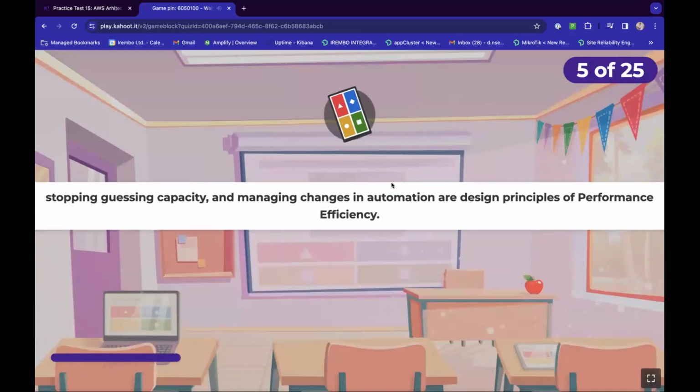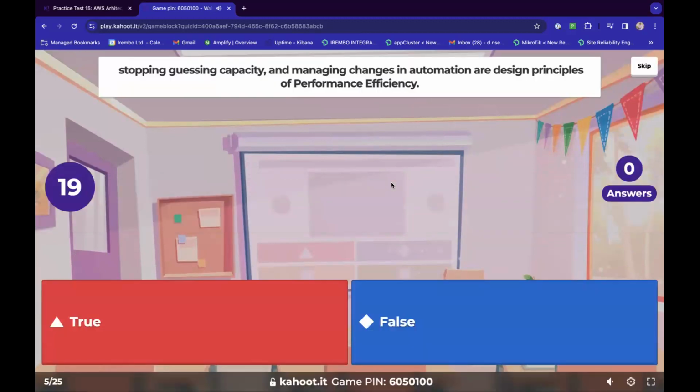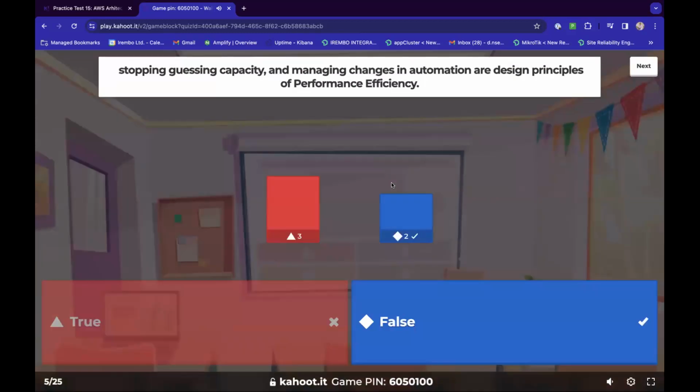So question number 5. Stop guessing capacity and manage changes in automation are design principles of performance efficiency. Is this true or false? So this is false, since this one is part of the operational excellence pillar of the well-architected framework principles.